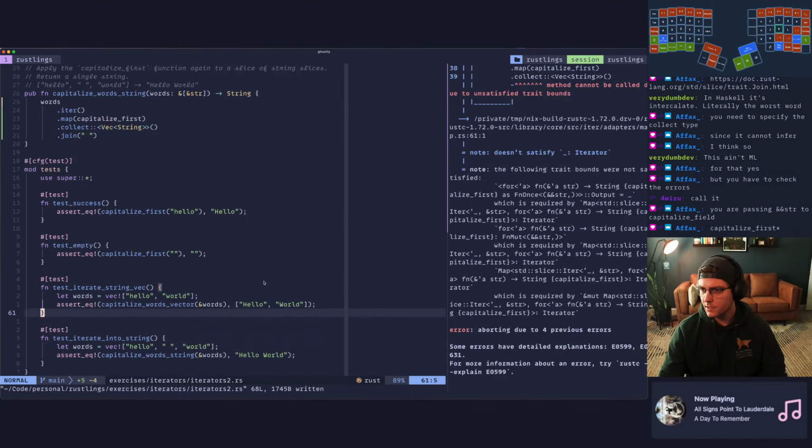All right, so we still have a problem. Method cannot be called due to unsatisfied trait bounds.